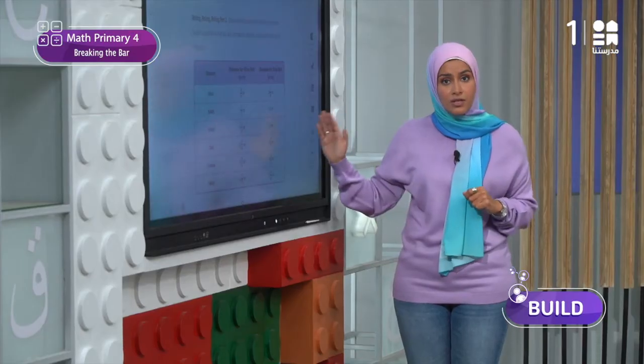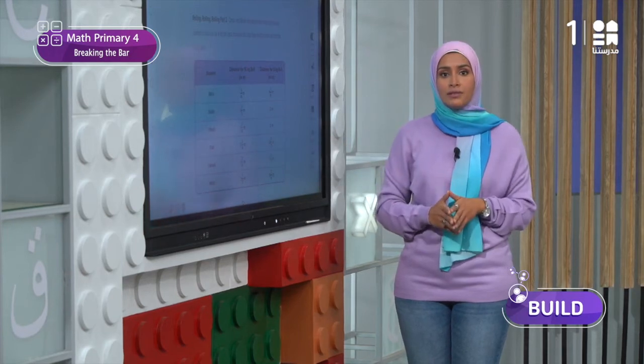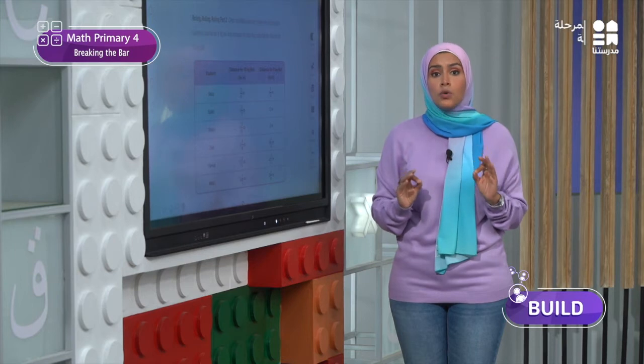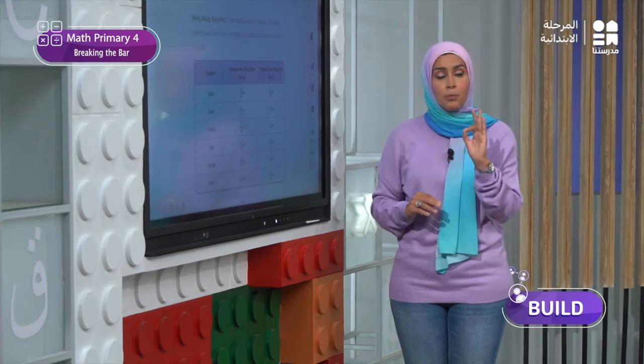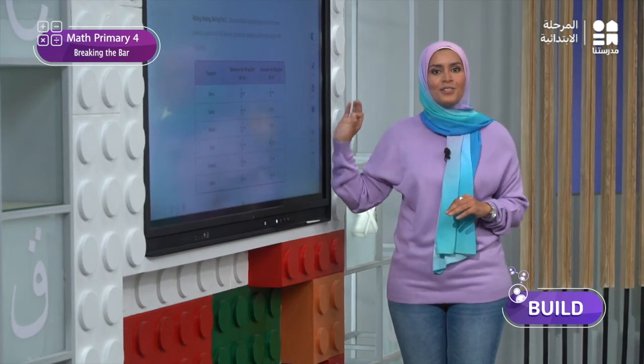There is a table in front of you that shows us the distances the ball has traveled. My question is, what is the value that we need to know to determine the speed of the ball? إيه الحاجة اللي لو عرفناها هنقدر نحسب سرعة الكورة؟